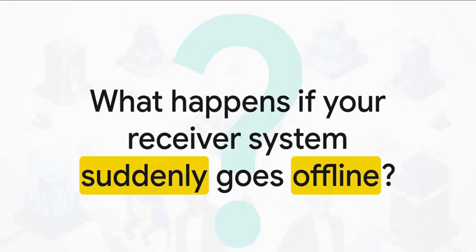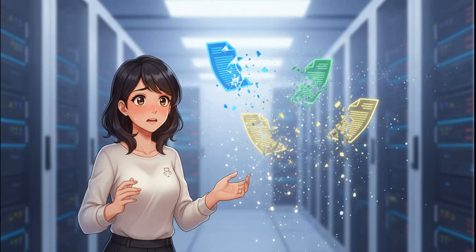So, picture this. You've got a perfect data flow humming along between two systems. But then, bam, the receiver system just goes down. What happens to all the messages that were on their way? Do they just vanish into thin air? Yeah, in a lot of cases, that's exactly what happens. Poof! They're gone. A little temporary system hiccup can actually lead to permanent data loss. We're talking lost orders, missing customer info, stuff that has a direct impact on the business. And that is the critical problem we're here to solve today.